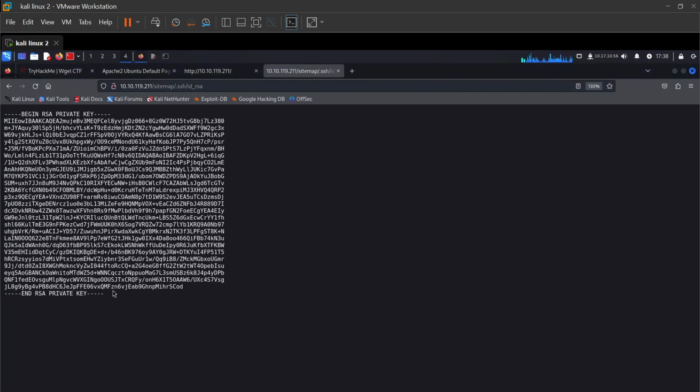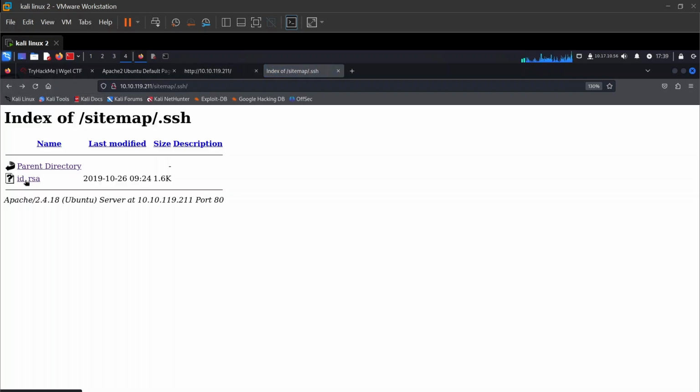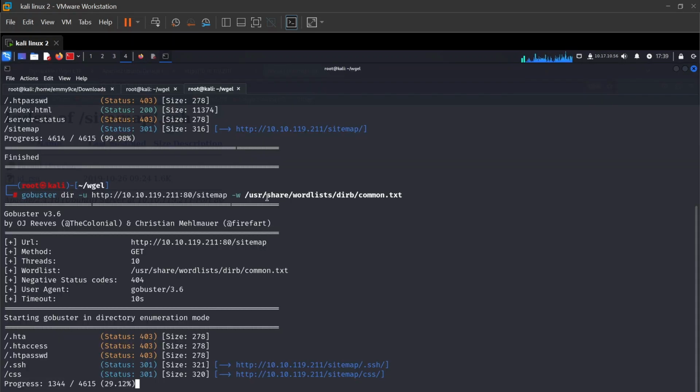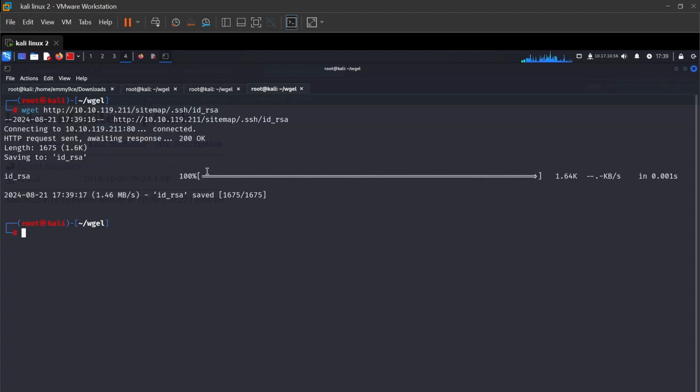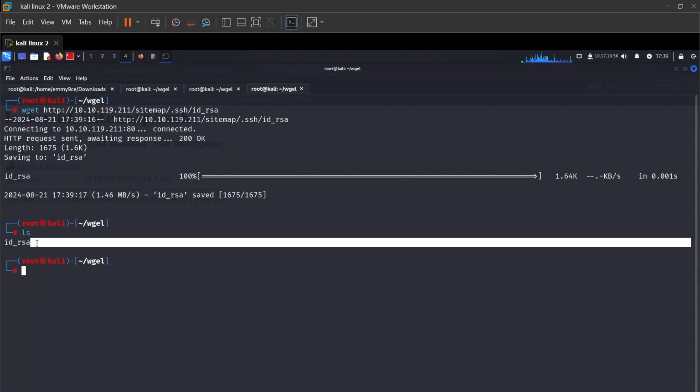So two things: you can either copy this and use Nano to do this, but I think I have a faster way. Let me go back and see. I'll Ctrl copy the link, and while this is still searching, I'm just going to use wget, paste this, hit enter. ls, we have id.rsa. Usually once you have this, you might want to change